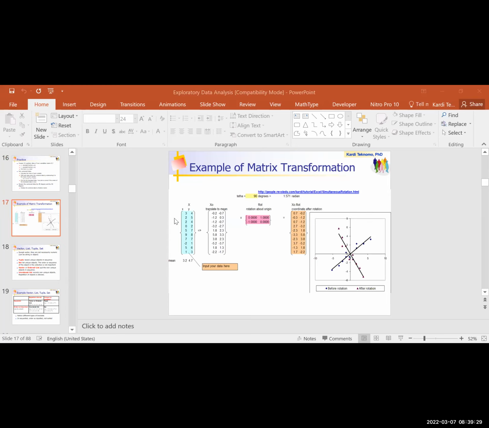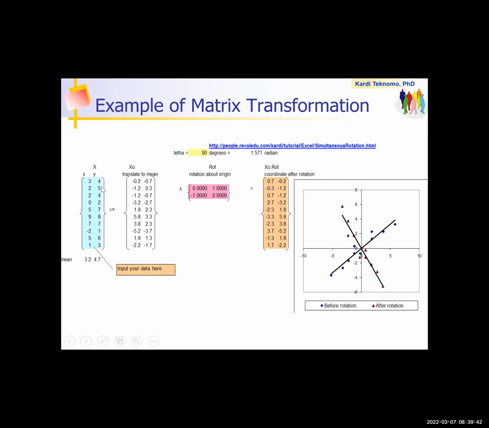So you have data, and then you translate it into 0 of the mean by taking the difference between your data value for each column. Okay. So, for example, the x with the mean of x you subtract. So this column here, for example, you subtract with the 3.2, you will get this column, the first column also. Yeah? The second column also the same thing. Yeah? The mean of the second column. The mean of the second column is this one, 4.7, and then you subtract 4 minus 4.7 becomes -0.7 and